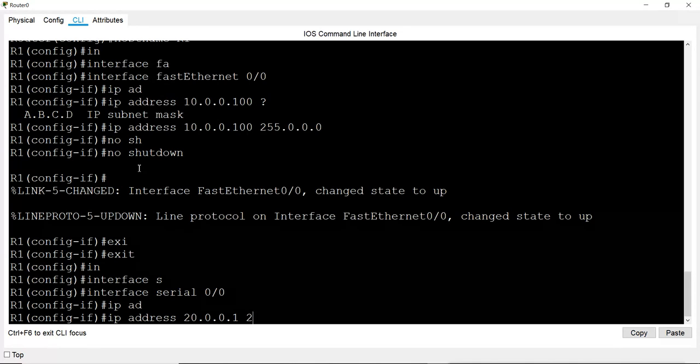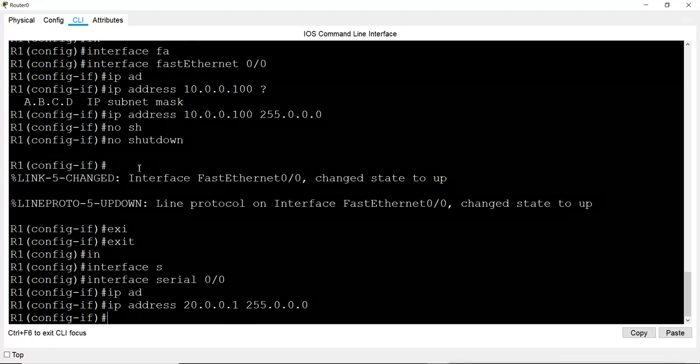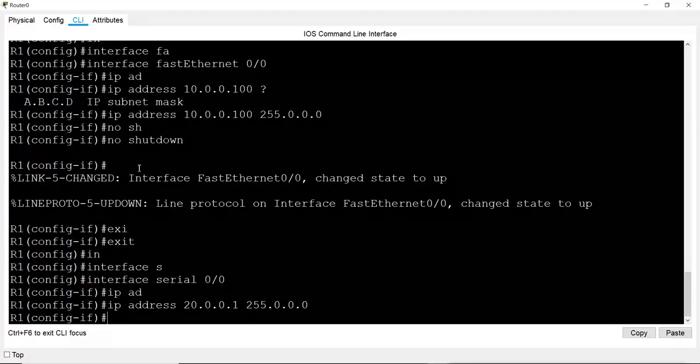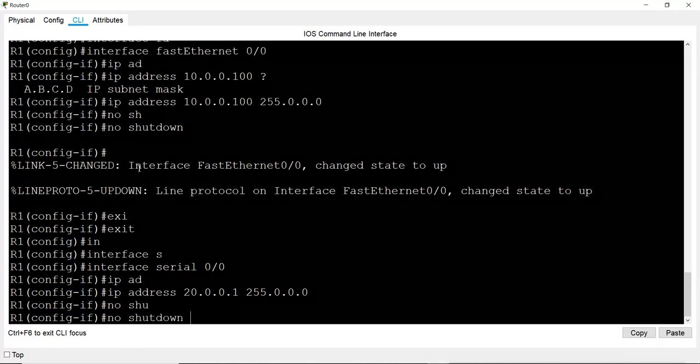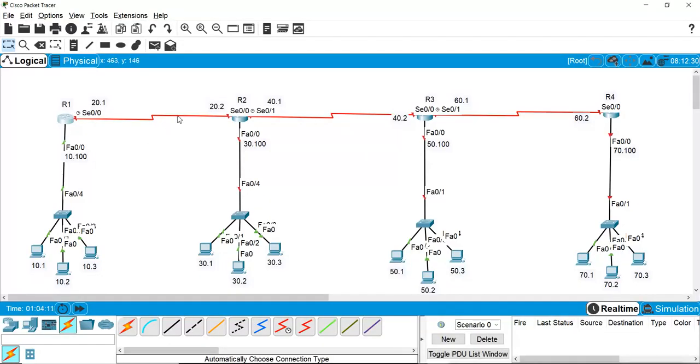Again it is class A, so the subnet mask will be this. Now again it is shut down, so to enable it I will give the command no shutdown. One more thing, it is still down because the other side is still down. When we enable the other side, both sides will be enabled.